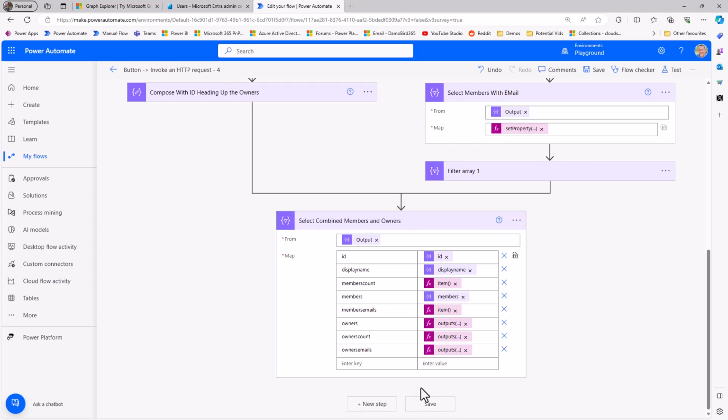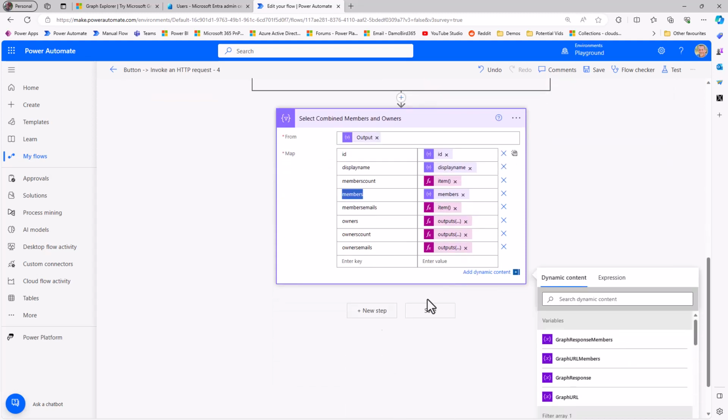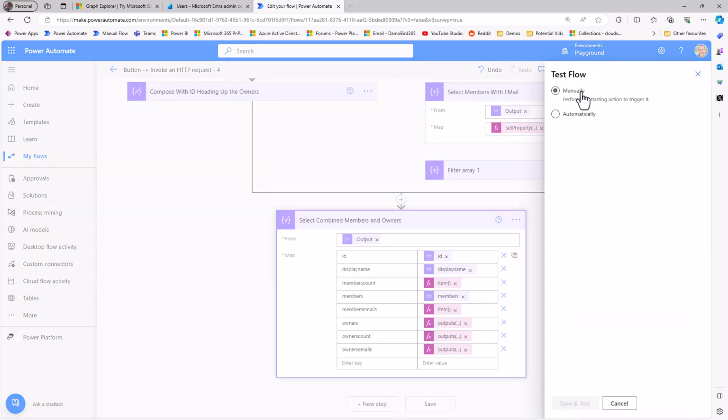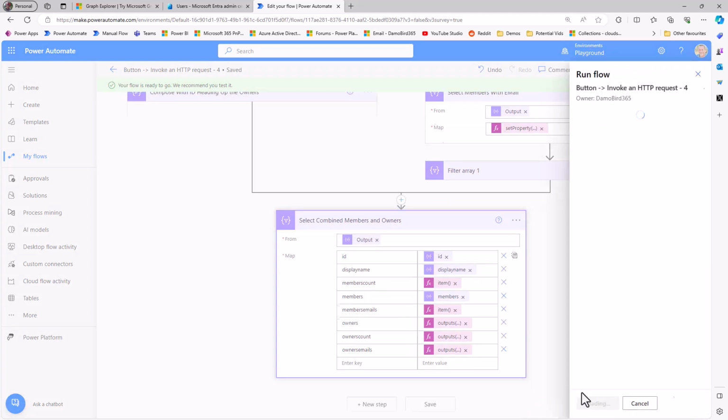And with that, of course, you could have a filter that specifies we want everyone where the owners are equal to 0 or the members are equal to 2 or greater than 1, all using a filter array. So I'm going to test this, make sure that we've got that combined array, and then call it a day,